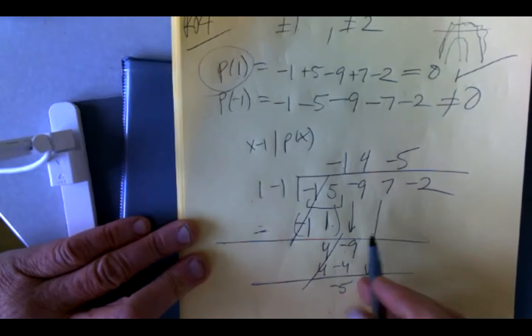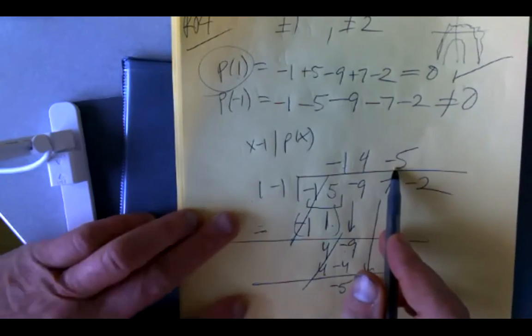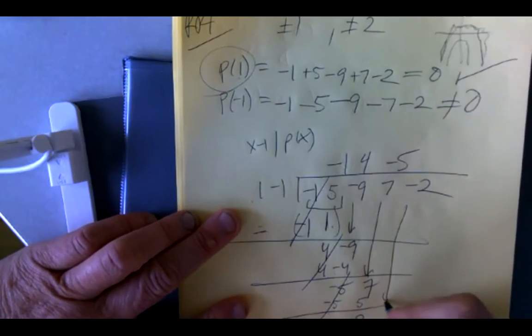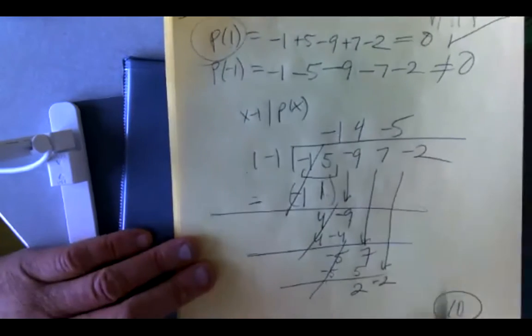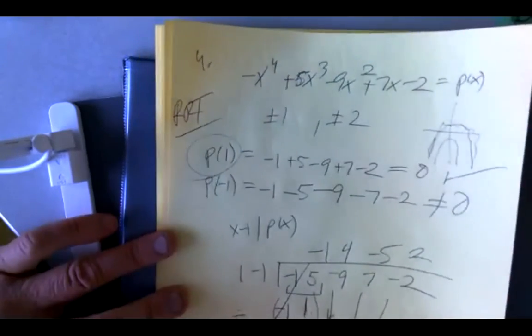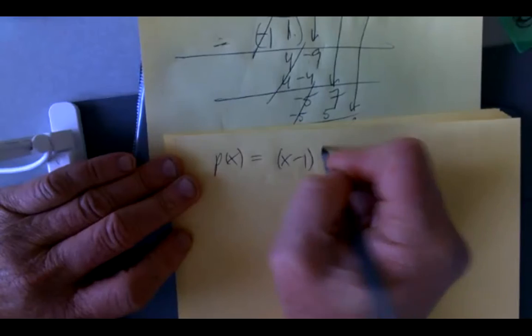Then -5, +5, 2, -2. Okay, I'm doing everything correct. 2, 2, -2, 0. Things going fine. So that means P of x is x minus 1 times